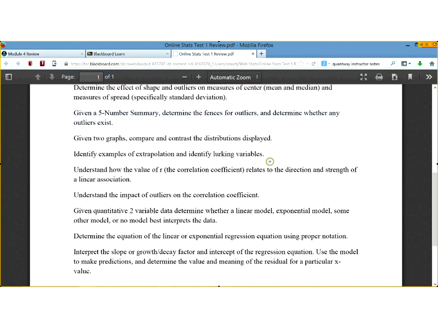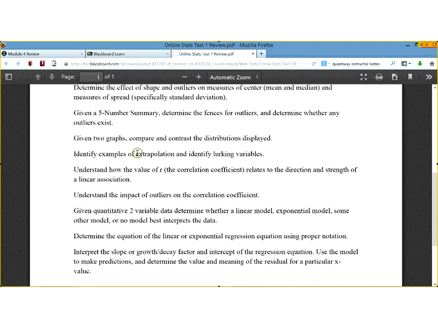So like this, identify, and here's your advantage for being here, and also for anybody who has listened this far into the video, which we're well over an hour at this point. And I'll look at those questions in just a second. When it says identify examples of extrapolation and identify lurking variables,